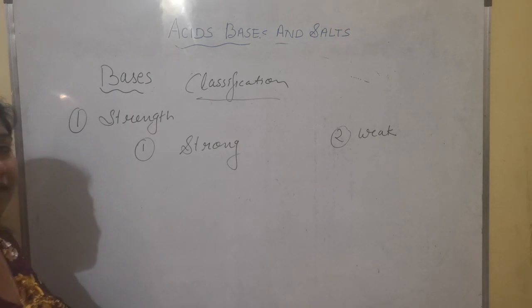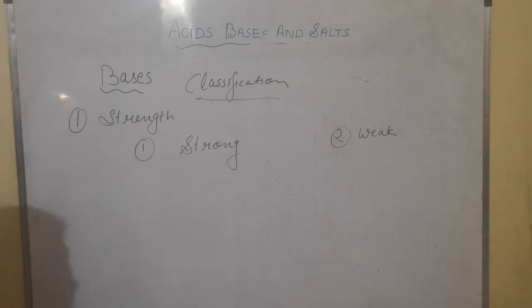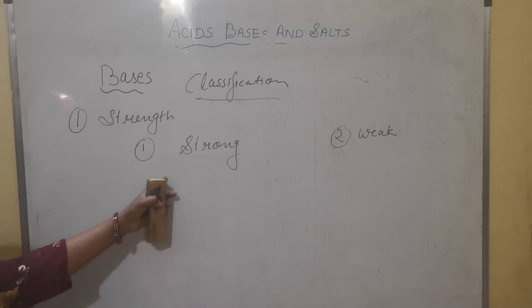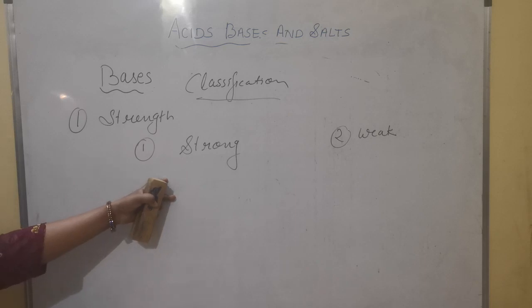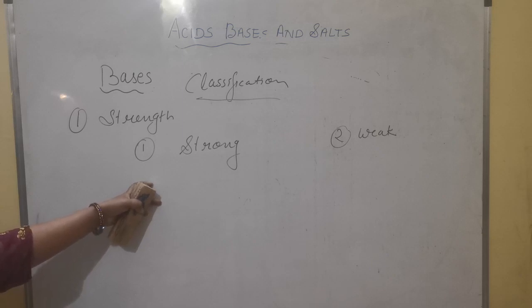How did we classify strong acids and weak acids? On ionization, the one which gives a high concentration of hydronium ion is a strong acid, and the one which gives a less concentration of hydronium ion is a weak acid. Similarly, a strong base undergoes almost complete dissociation in aqueous solution to produce a high concentration of hydroxyl